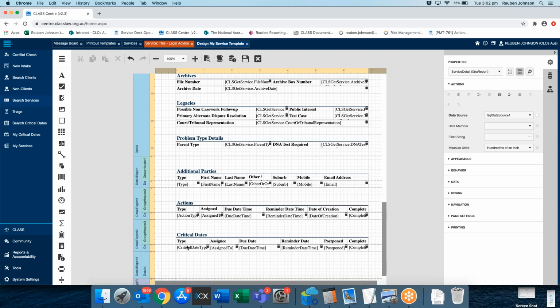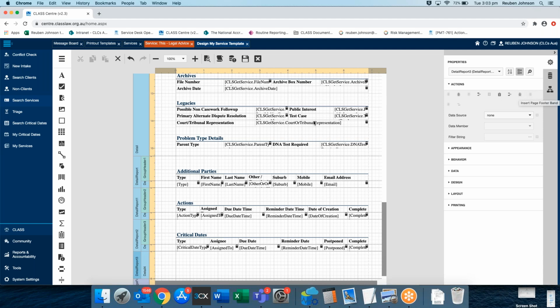That's going to add something to the bottom of this report. You can see it doesn't have a group header in it by default. We want it to have a group header, so we click on detail report and we can see insert group header band here. So the options up the top here change depending on what kind of thing you've